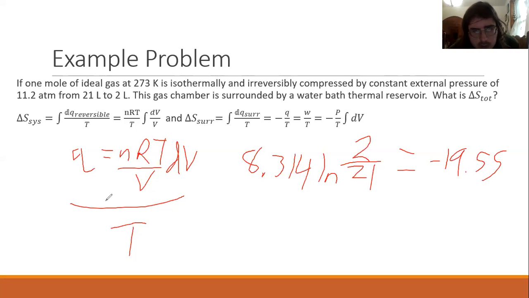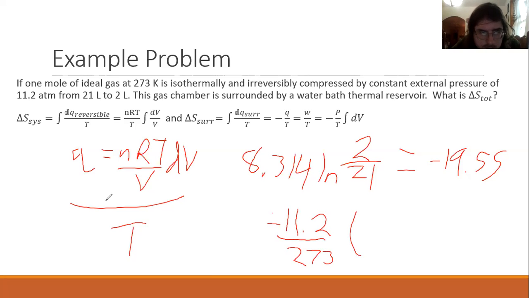Heat of surroundings is equal to negative Q over T, which isothermal, we can think of this as work. And work is PdV. PdV over T. So we have P as negative PdV, 11.2, 273,